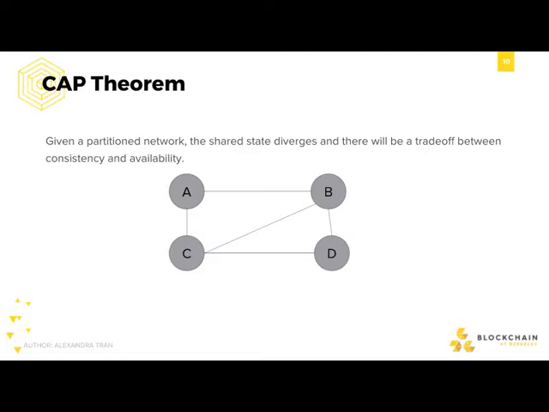So as you can see here, there's a distributed system of 4 different components and there's no network partition. This system would be considered both consistent and available, because they're all connected to each other in some way, so they should all have the same state and they should all be available as well. Because that's the default position.